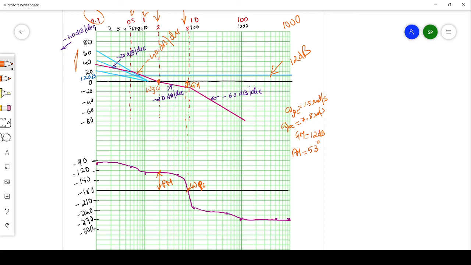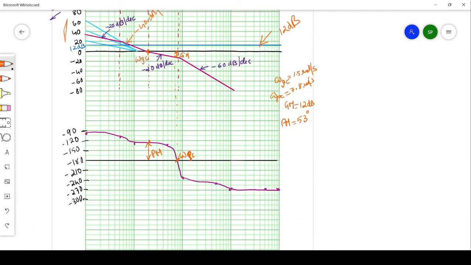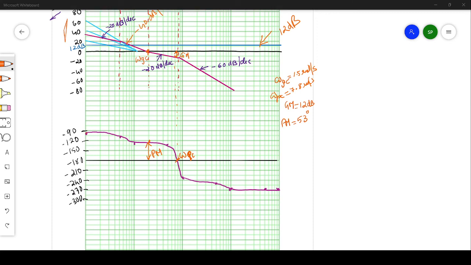This is how we find the gain margin and phase margin from the Bode plot. Please note that this is only an approximate plot, because we have not taken the error conditions, like 3 dB and so on, into account. So this is an approximate Bode magnitude plot, and likewise the phase angle plot. Here we can see that gain margin and phase margin are both positive, so the given system is stable. This is how we plot the Bode plot for a transfer function having a quadratic factor. I hope it is clear to you now.